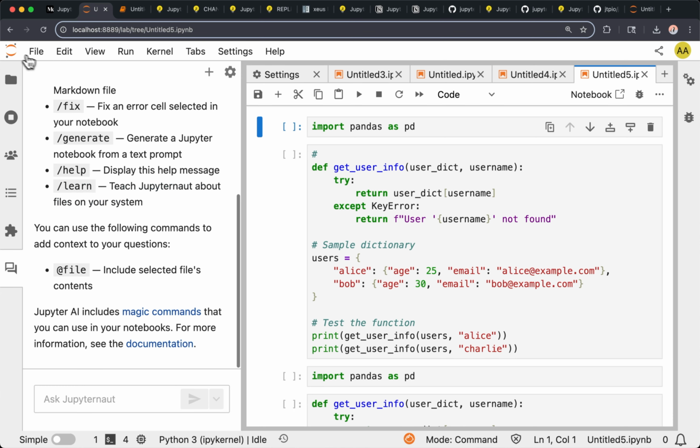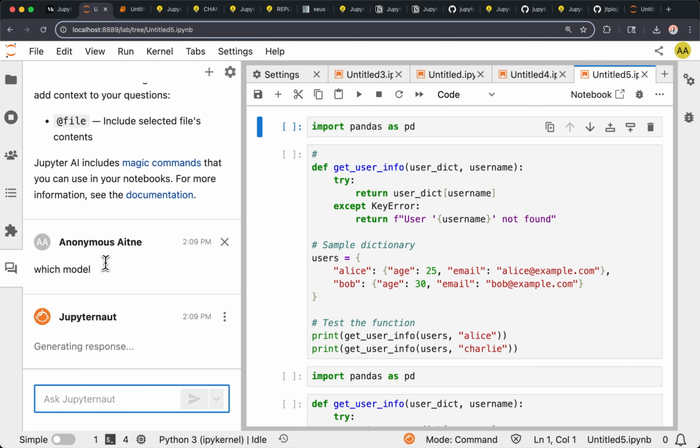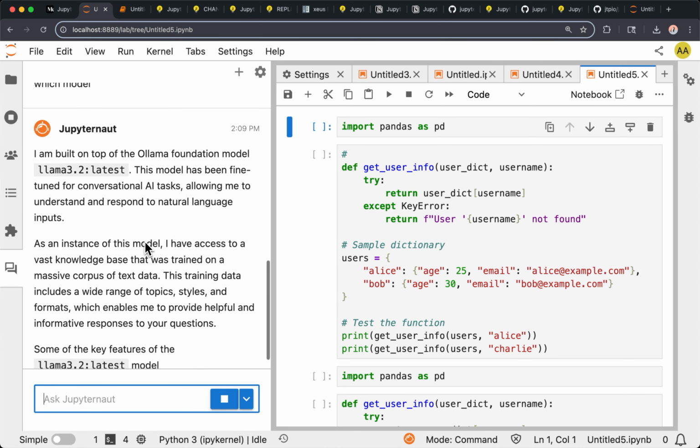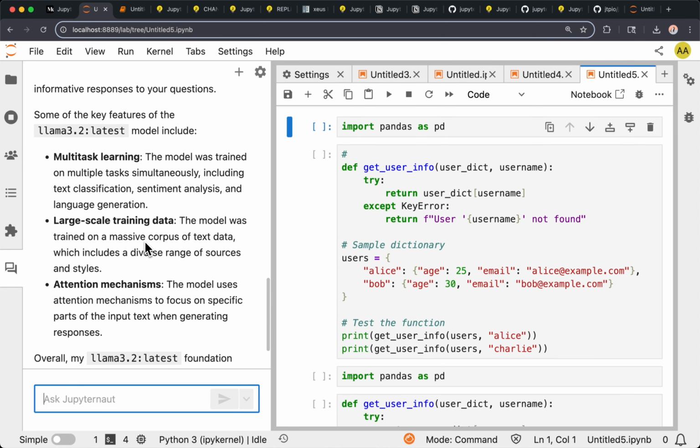Yeah, now it should, which model? I don't even know if Ollama is running, but I think it is. Yeah, okay. You can also run it like this.